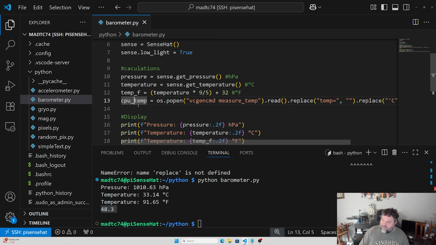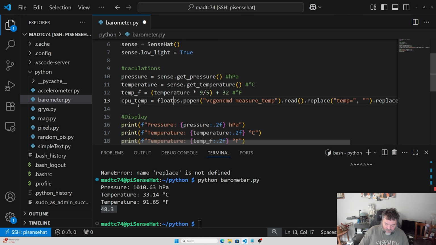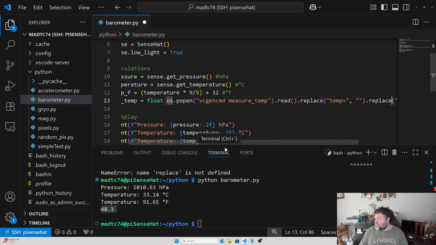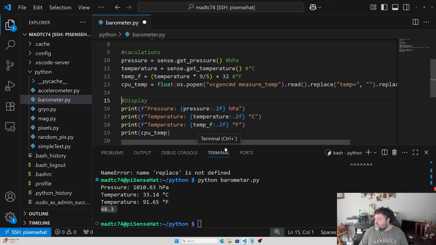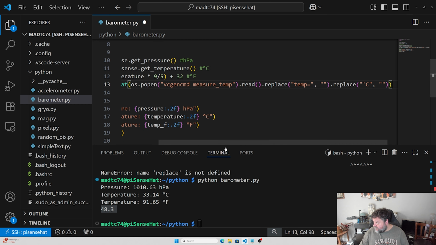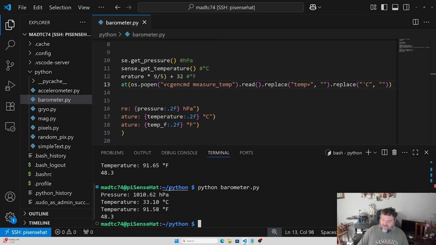If we go back to the beginning of it, we just type in the words float and then put the open parentheses, and then we go all the way to the end of the code. Okay, and then we close that out, and then I hit Control S, save it, and then if I run it again, okay, it looks the same, but this is now a float,